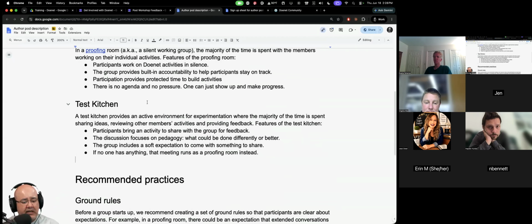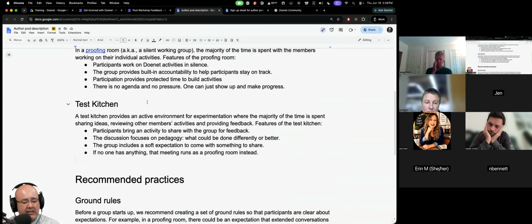The other is a test kitchen, where things will happen and you will talk about them, and pots and pans will be banged about. The idea behind a test kitchen is you have an activity, you would like feedback from people that are working on similar things, maybe not exactly the same or maybe the same exact course content. But the idea is it's groups of, I think I'm going to say 3